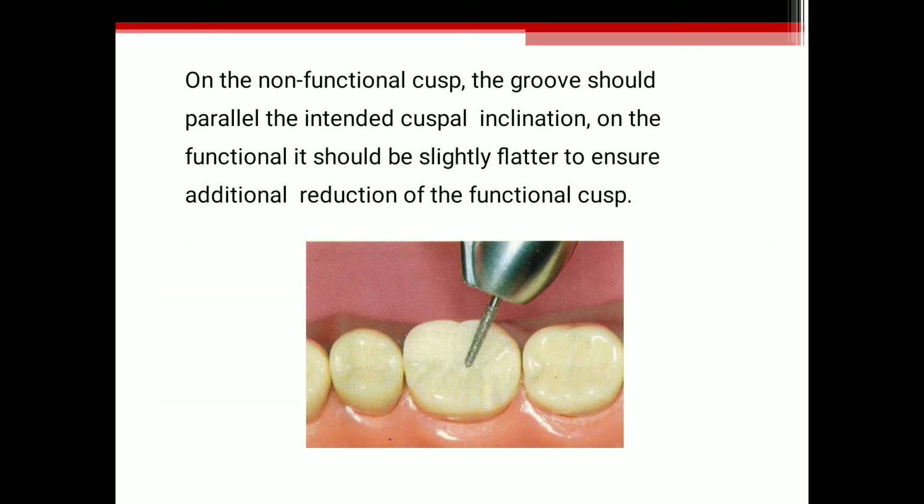On the non-functional cusp, the groove should be parallel to the intended cuspal inclination. On the functional cusp, it should be slightly flatter to ensure additional reduction of the functional cusp.